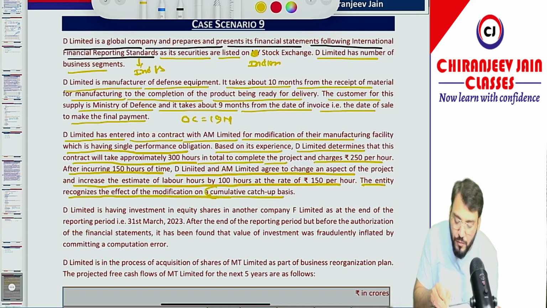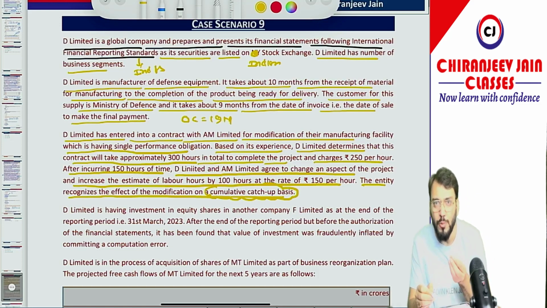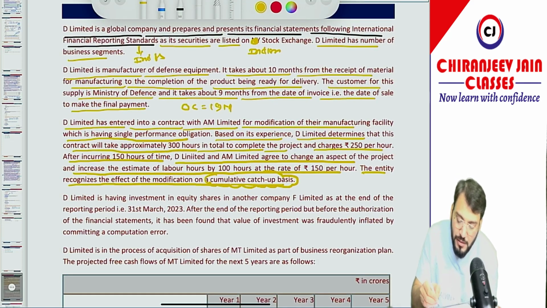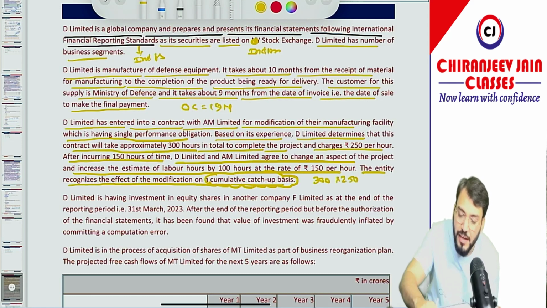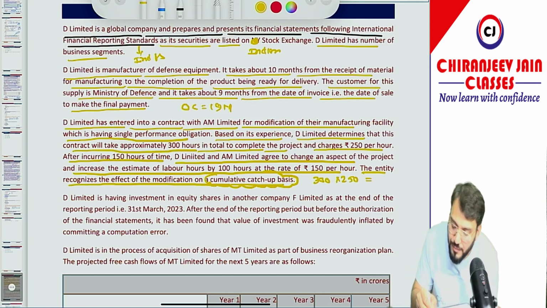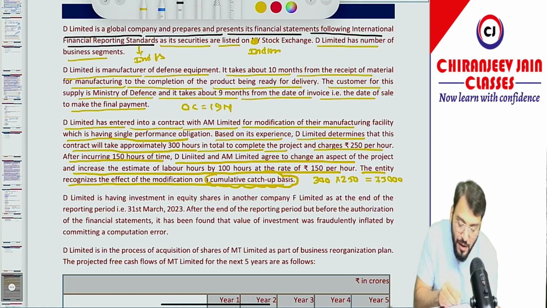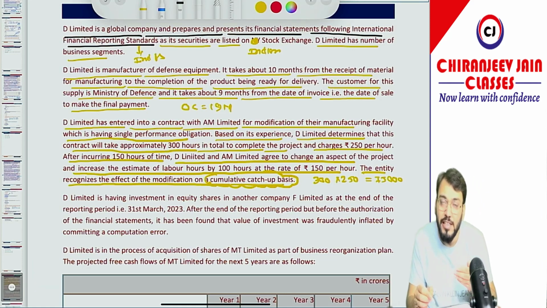The entity recognized the effect of the modification on a cumulative catch-up basis. It is given that we need to apply accounting treatment on cumulative catch-up basis. I hope you remember the cumulative catch-up basis. So in this case, what is given? The initial number of hours was 300 and the agreed price was 250. So 300 into 250 is coming to 75,000. Correct. Then it is given that after incurring 150 hours, they have already recognized